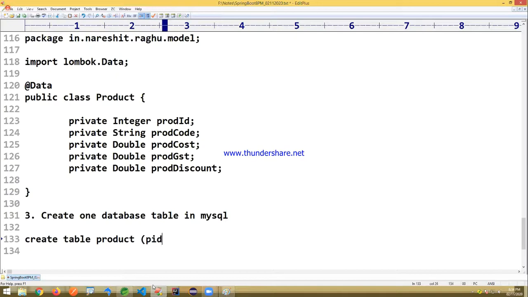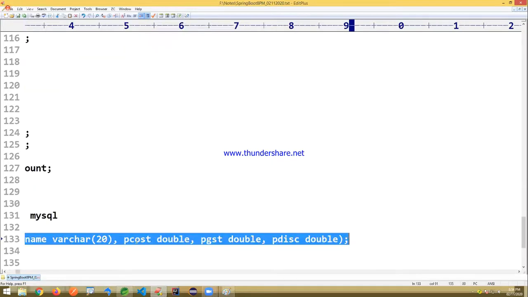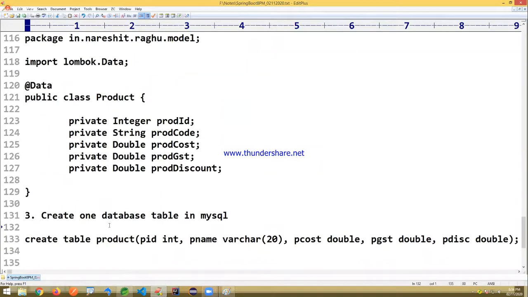There I'm writing its PID, int type; P name, which is varchar of 20; P cost, a double type; P GST, a double type; and P DISC, a double type. I'm creating one table like this, the product table, and taking this and creating it in the MySQL database.